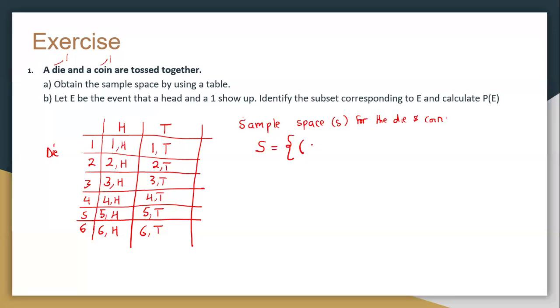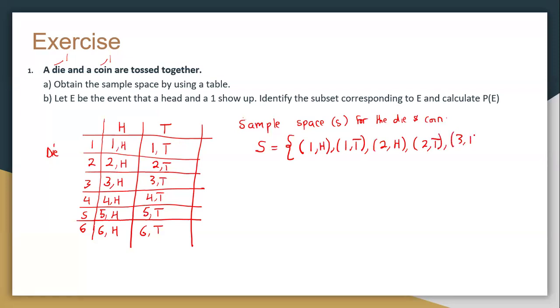Then here you put your different possible outcomes: I can have 1 and H, 1 and T, 2 and H, 2 and T,